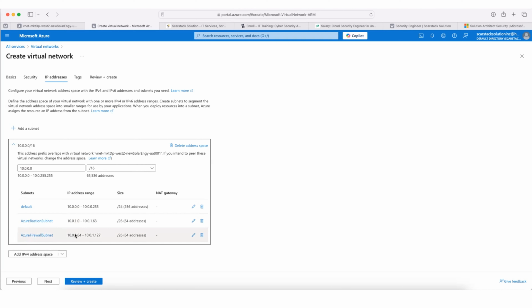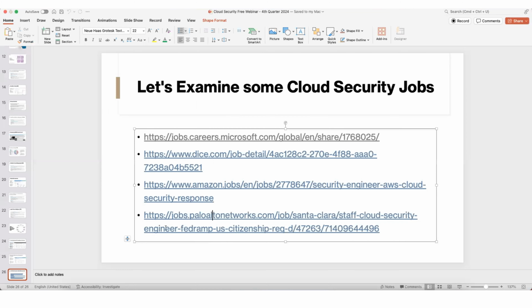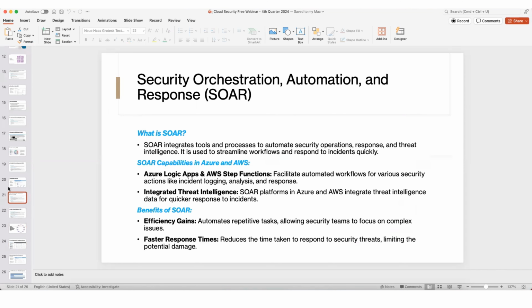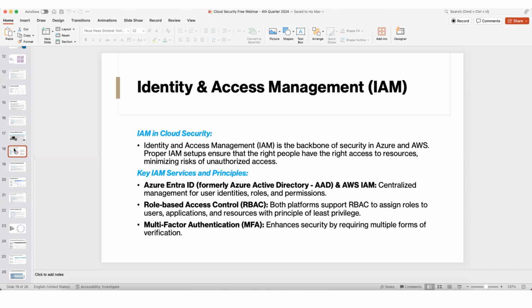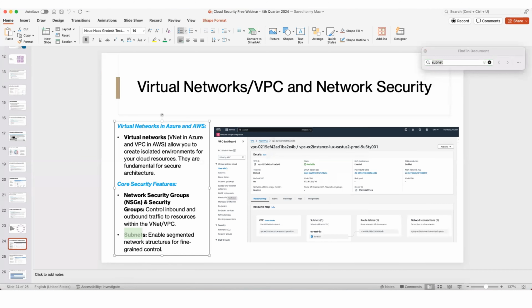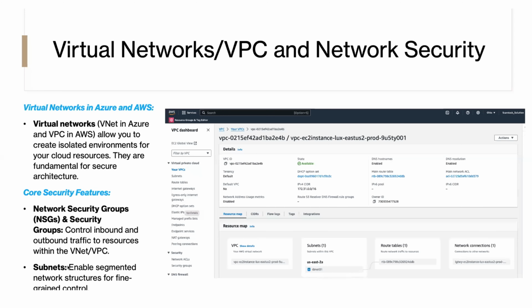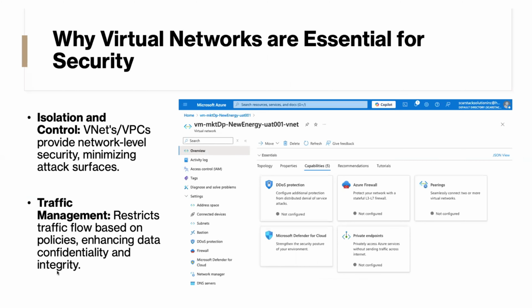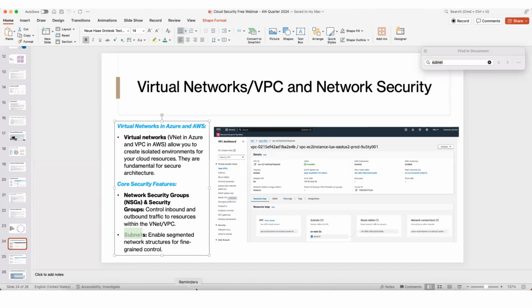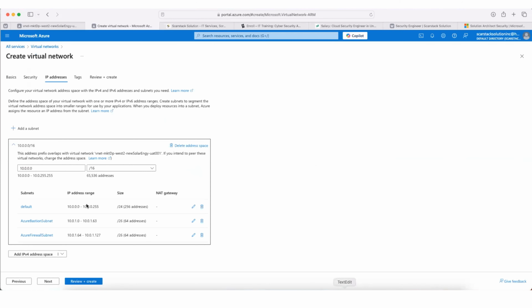That comes into play when we talk about segmentation, right? Different segments for different features under our virtual network. Let's quickly take a look at that again lastly. Let's come over here. Track it down really shortly. I'm going to do a quick search over here. It talks about subnets over here. The subnet enables segmented network structures for fine-grained control. And that is an example of what we are seeing playing out in our very eyes